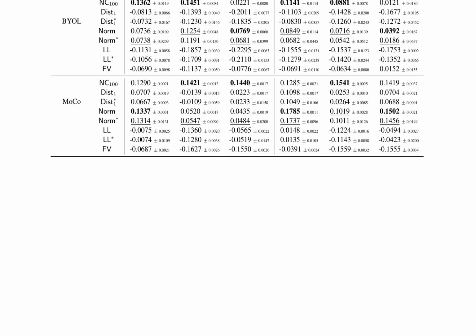In contrast, baseline methods like dist, norm, LL, and FV display mixed correlations, some positive, others negative or close to zero. This suggests that these methods may not consistently predict the transfer learning performance as effectively as NC100 does. These findings underscore the importance of neighborhood consistency in enhancing the generalizability of self-supervised learning models. The study's results contribute to understanding the role of neighborhood consistency in improving the performance of these models on unseen